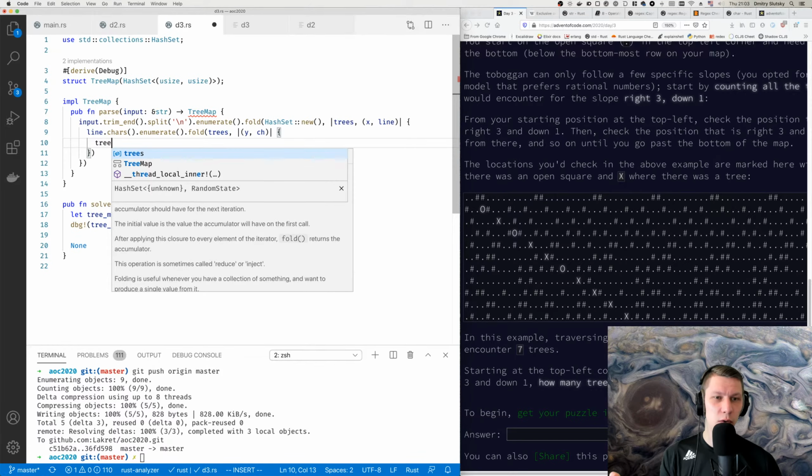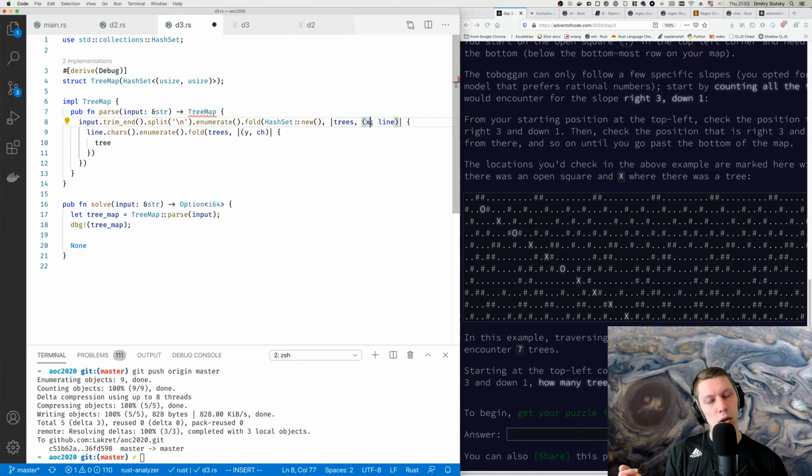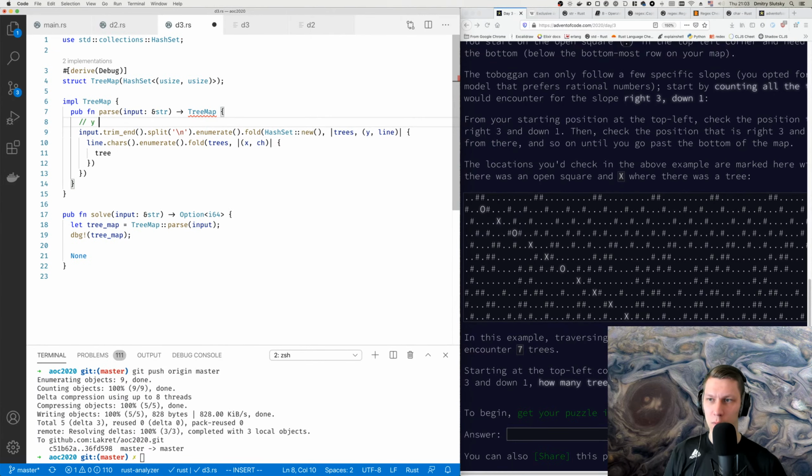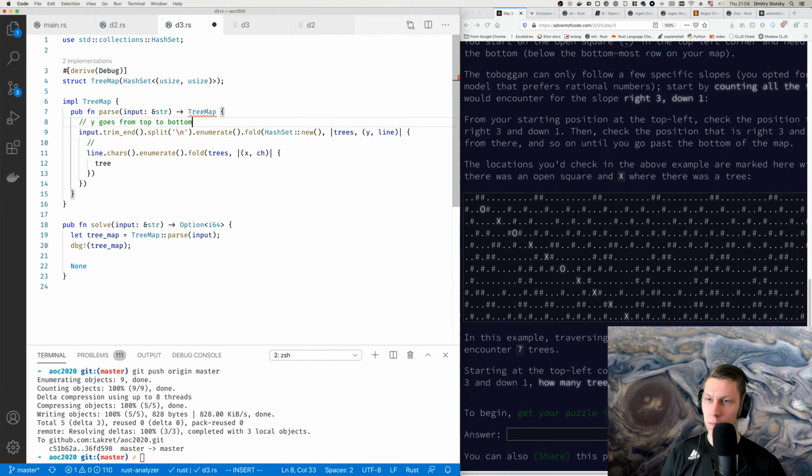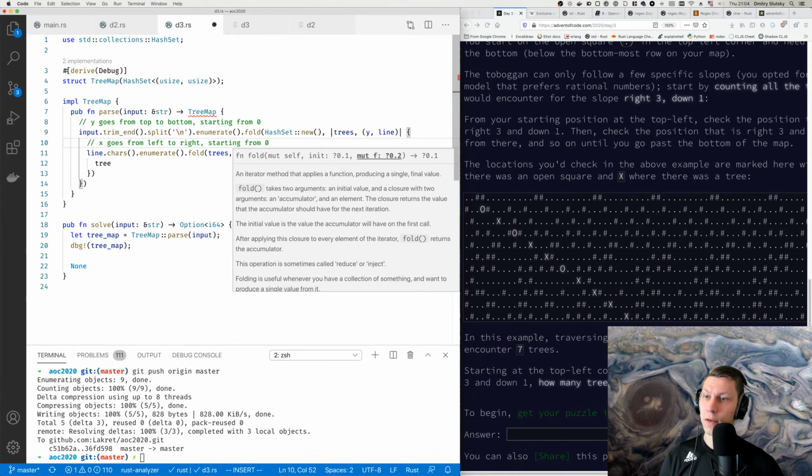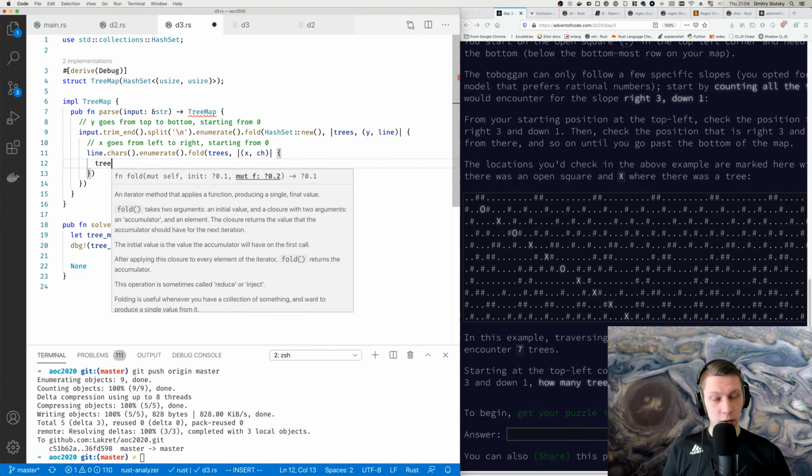Actually, that's like y coordinate, right? Do we care? Right, 3 down 1. Well, okay, let's care. Let's call it correctly, because otherwise we will get confused. Then y coordinate we get for each line, and for x we get the character position. Y goes from top to bottom, starting from 0. X goes from left to right, starting from 0, right? And then tree will be,